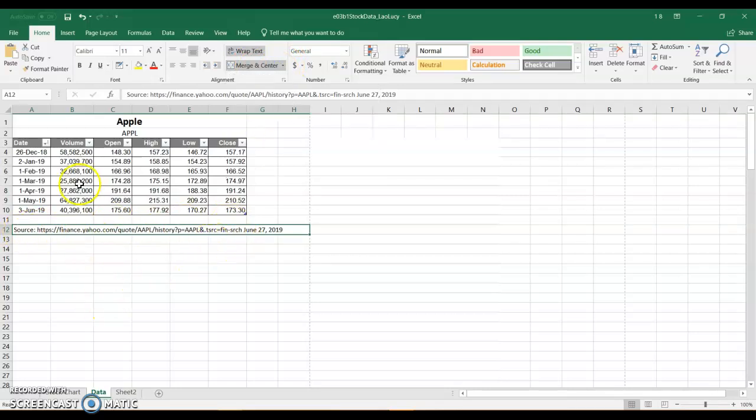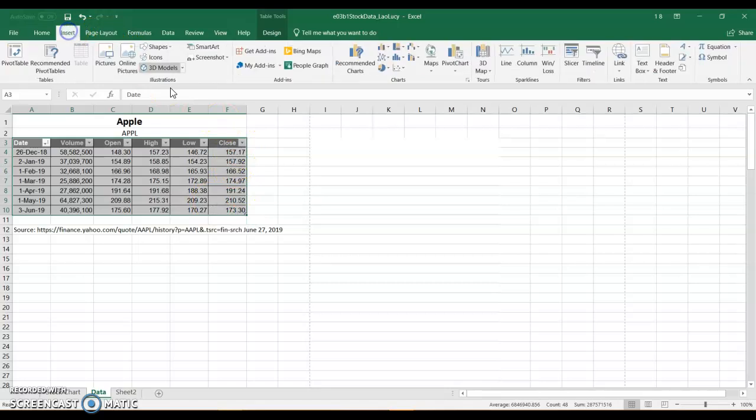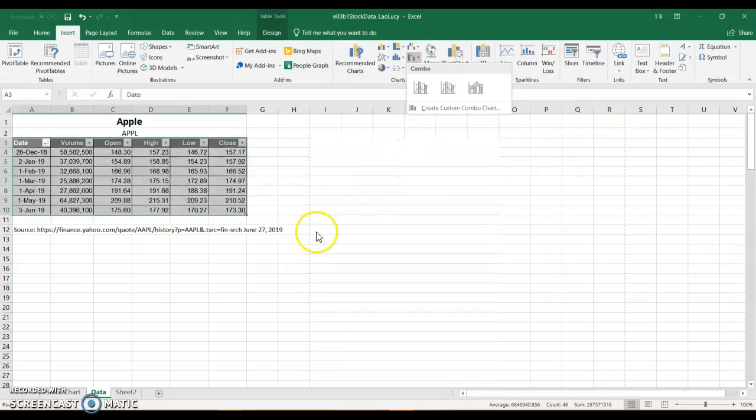So once we had that, we just took the data and we went to insert, and we went to recommended charts, or you can go to combo and just go directly to the clustered column line on the second axis chart. So once you click on that and you get the chart, you can move it to a new sheet like so,